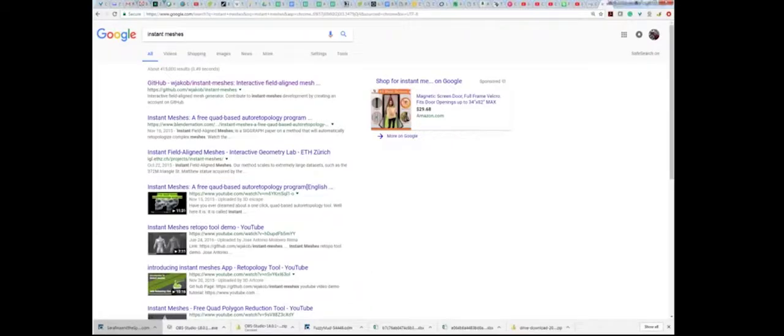Yeah. So in the meantime, while this is loading up, we can create a new topology inside of Maya, and I'll show you how to do that. But there's a couple of other tools we're going to get as well. So in the meantime, let's go ahead and search here. I'm going to search for instant meshes, and this is actually an open source program. The name of it is Instant Meshes, and we can click on any of these, but I'm going to click on this GitHub,